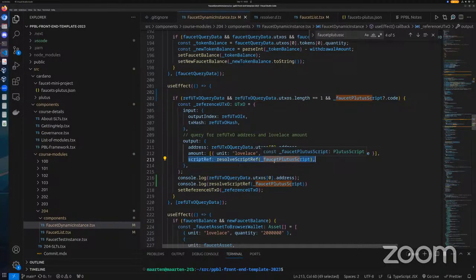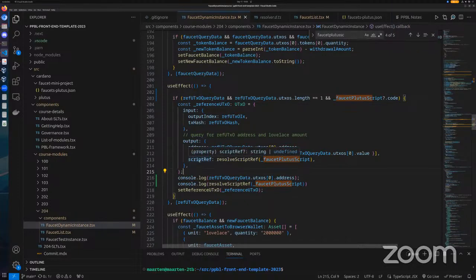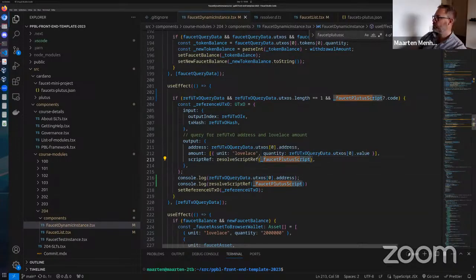You know what resolve script might do? Maybe all it does is return the code field from a Plutus script object. That might be all it does. I don't know. And otherwise the type is wrong or something. Maybe try, instead of resolve script ref, just dot code, script.code.